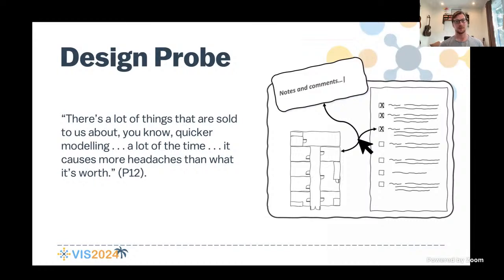generally well received and they felt it addressed a lot of their concerns, they're still skeptical and wary because they're often presented with ideas that are meant to make their job a lot easier, improve modeling, but at the same time create more headache and a lot more work for them. And in this case, this dealt largely with the additional metadata that would have to be added into the design program, the additional documentation that would be required. And this really highlights the complexity of this space.